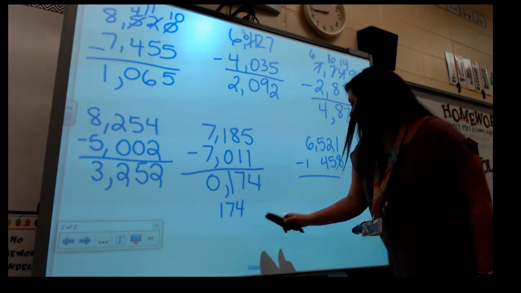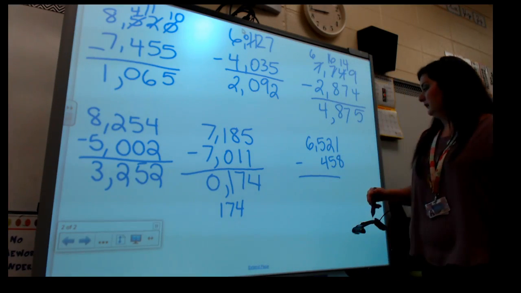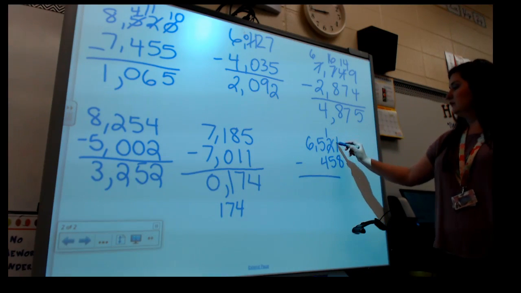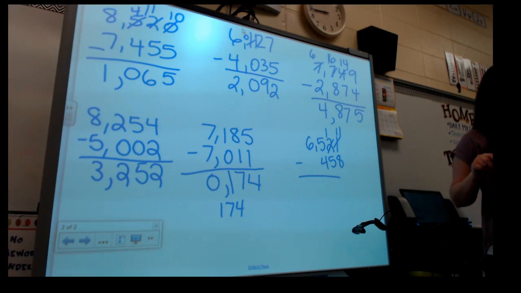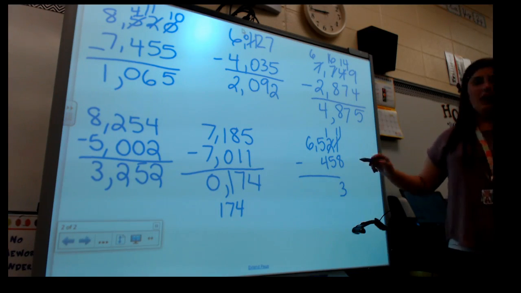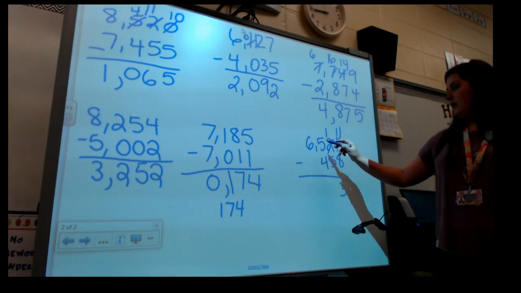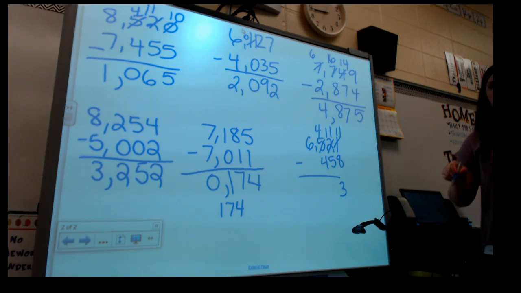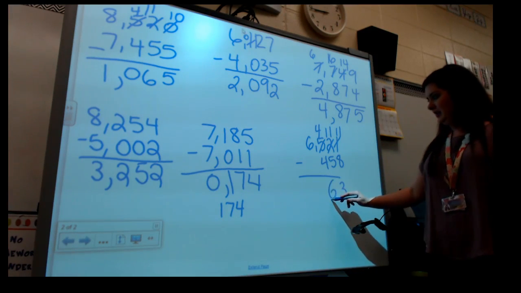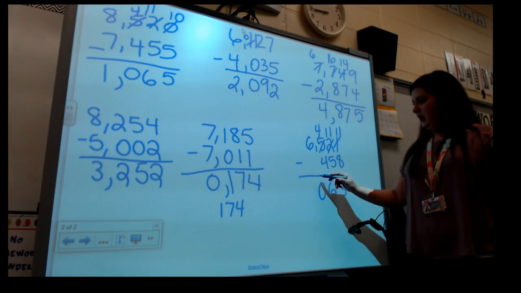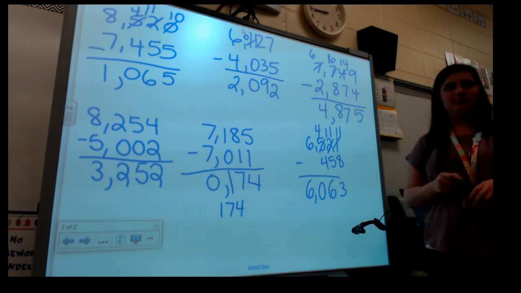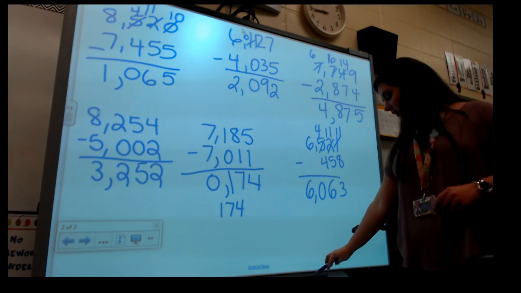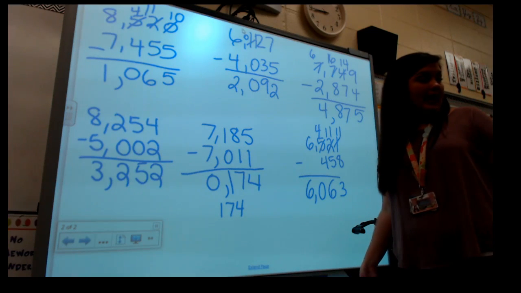6,500. Did I write that correctly? Alright, 1 take away 8. Next door and get some more. 11 take away 8. 3. 1 take away 5. Next door and get some more. That's what y'all sound like. Alright, 6. 4 take away 4 is 0. 6 take away nothing is 6. Put my comma. Jacario, sit up. Does that make sense? Alright, put that in and get your student planner out.